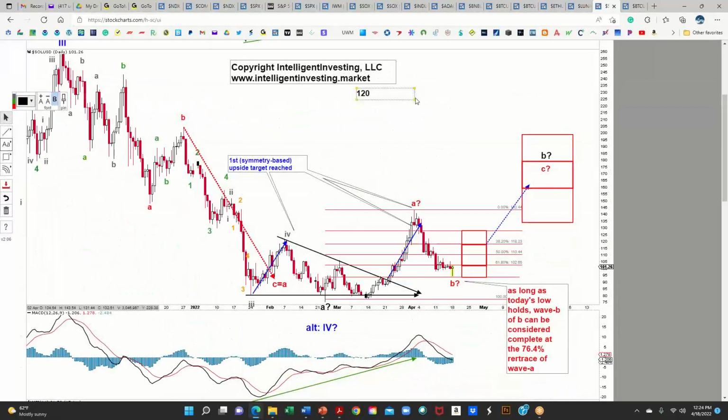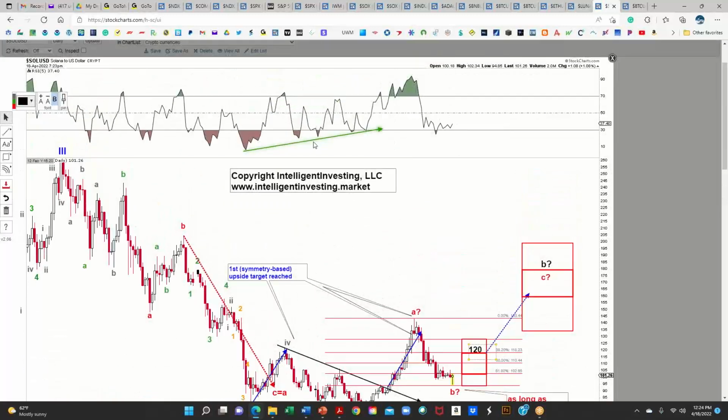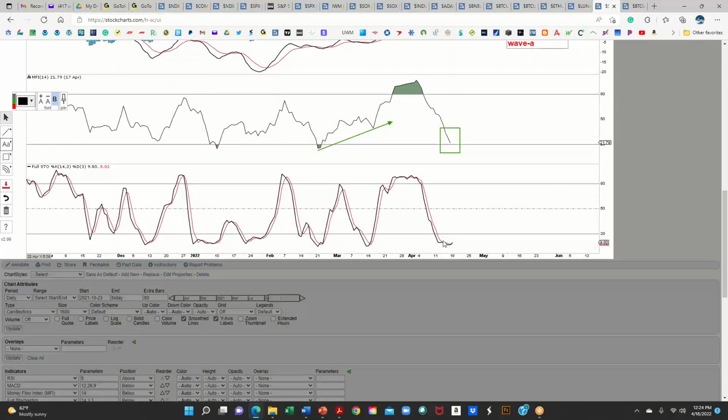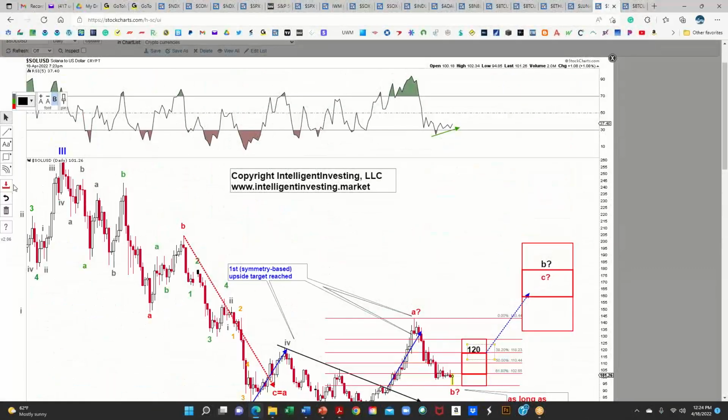And as long as we hold today's low, it looks like a nice candle. But there are, of course, no guarantees. Wave count looks pretty complete as well. So above 120, and we can target 160 to 180. So we have the conditions now. Again, we also have here positive divergence development. Look how oversold it is. We have all the conditions in place, and now we need to see the trigger. And the trigger is for me above 120. Very oversold, everything, so that looks good.